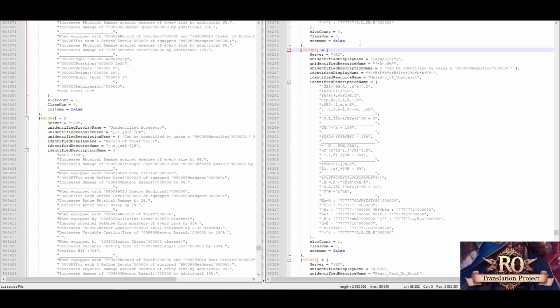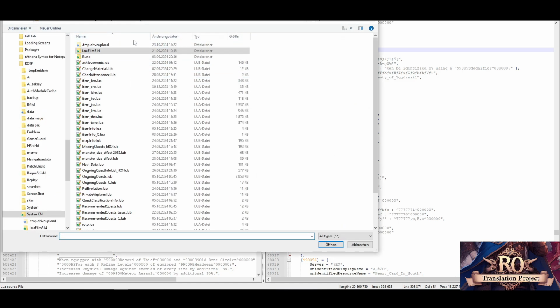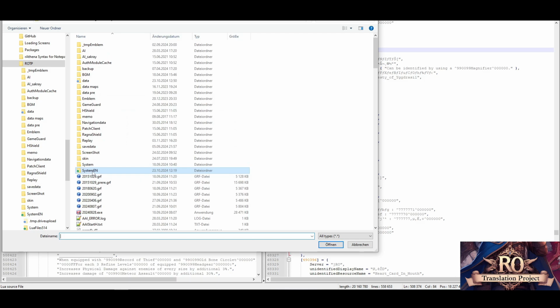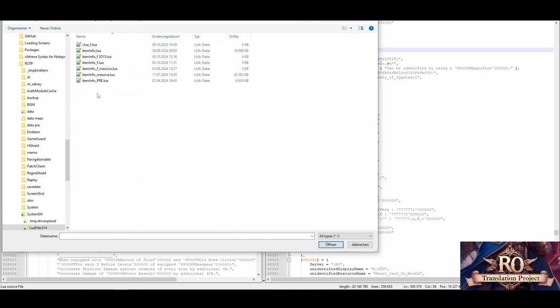So basically, once you have downloaded the file or the items you want to translate, you then also have to open the translation file from the project. Of course, make sure you're up to date with the current layout of it, so you don't have any different files or something like this. Like last commits were a system EN folder, then under Lua files for 15. Ignore the additional files, they are not, so basically those two files are in the project you're downloading, and then